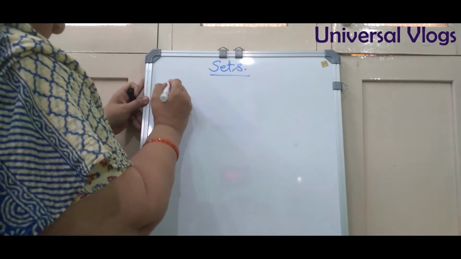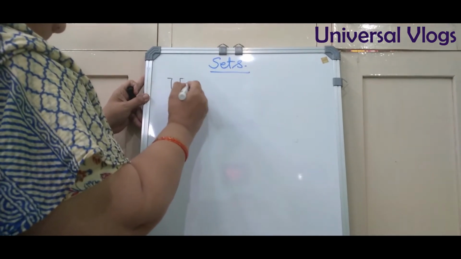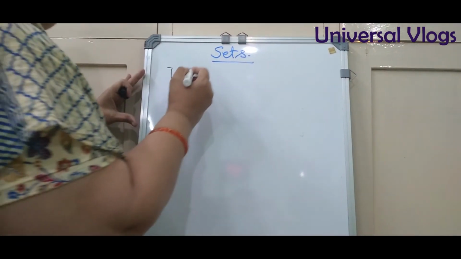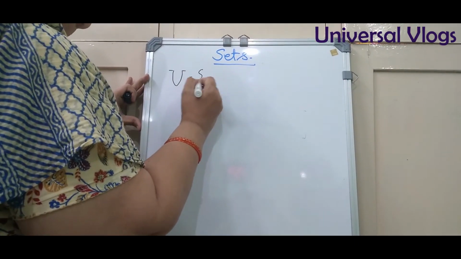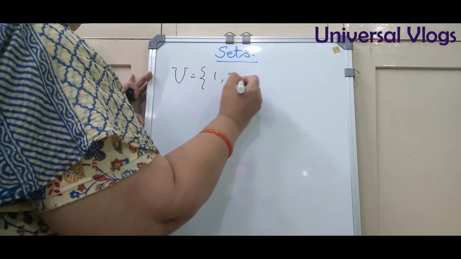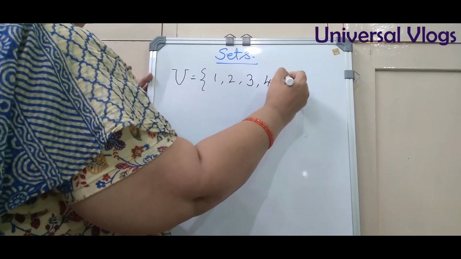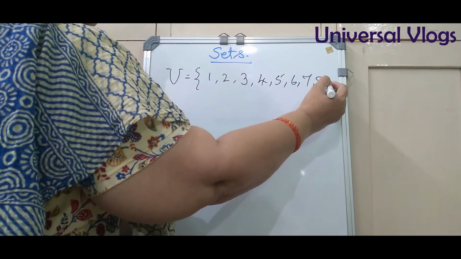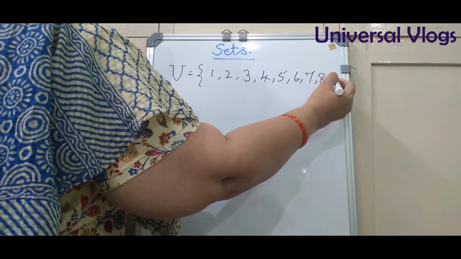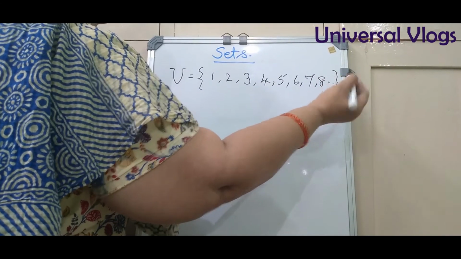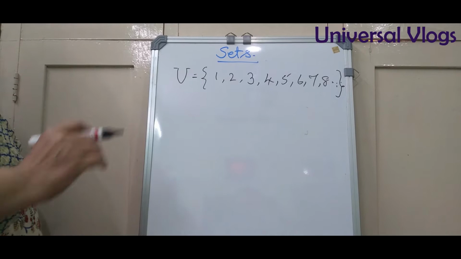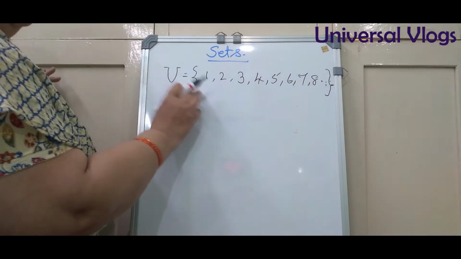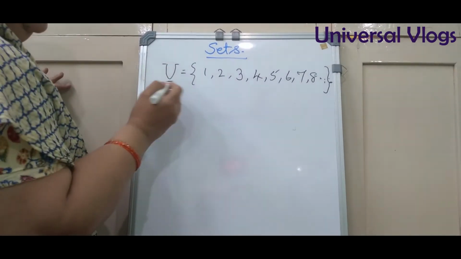Say we call it a universal set, or U. U is the symbol for the universal set. Here we can also consider, say, 1, 2, 3, 4, 5, 6, 7, 8, and so on. For "etc." we give three dots like this. That means that type will be an infinite set. I will tell you about this later on. The universal set is the main set which we consider.